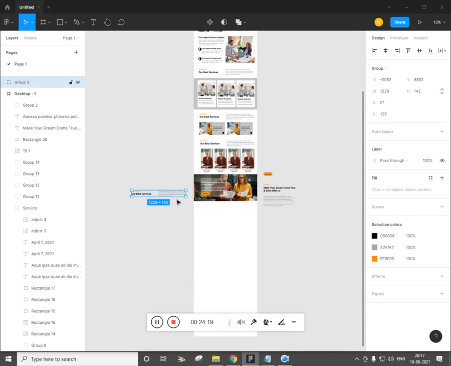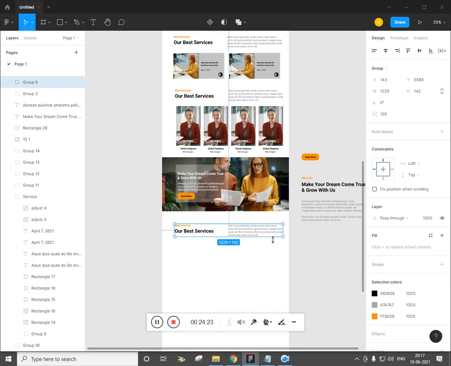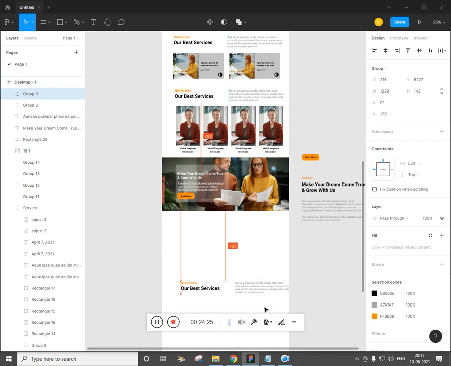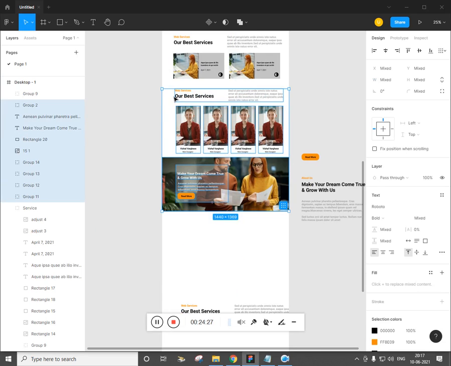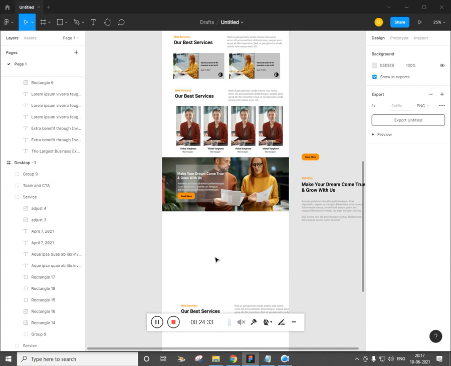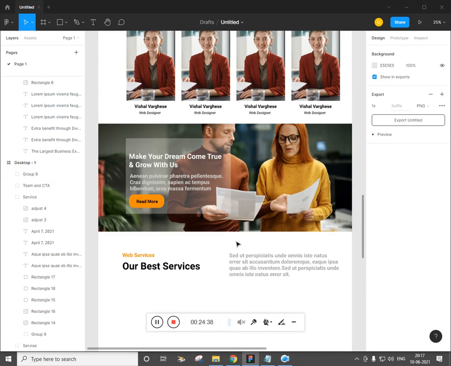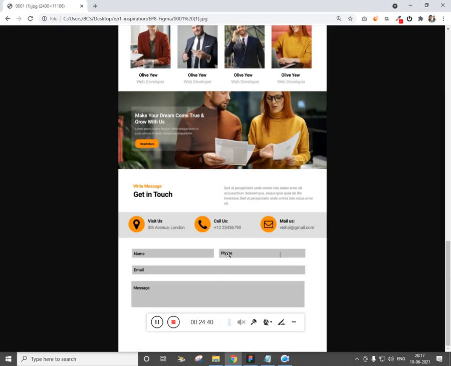Let's select all, paste it over here, zoom in. Before placing this, we'll group everything and call it team and call to action button. Now we'll place this for contact us, zoom in. I'm leaving it to you, you can change the text.